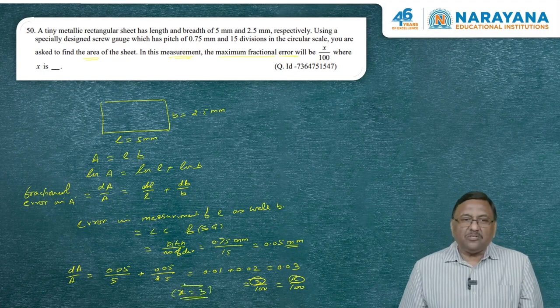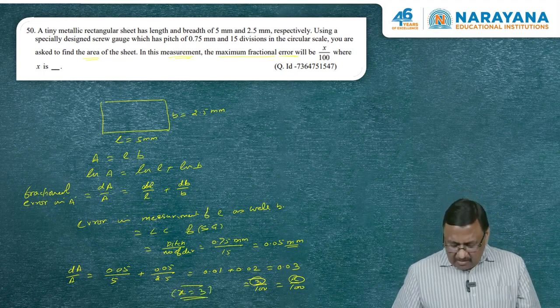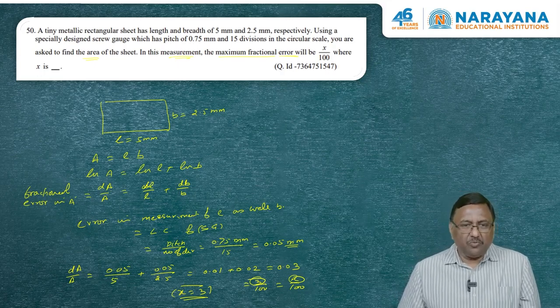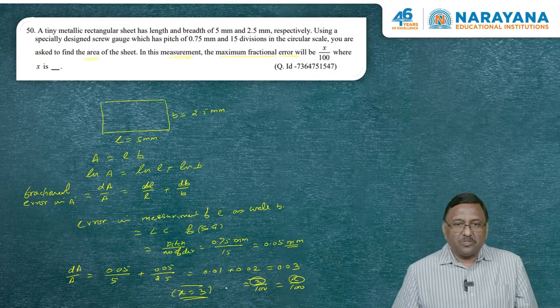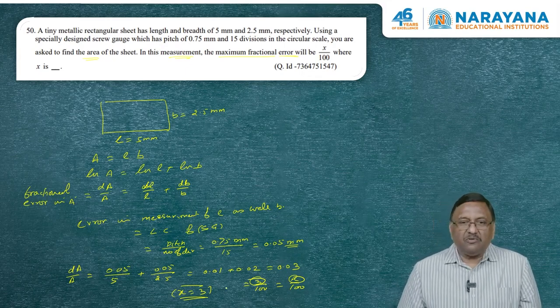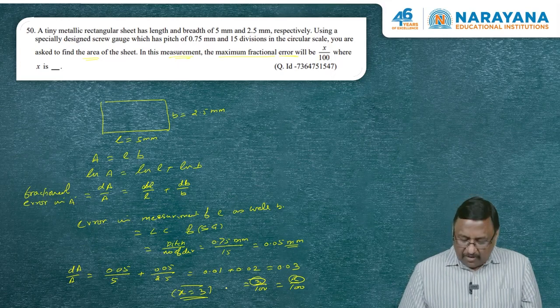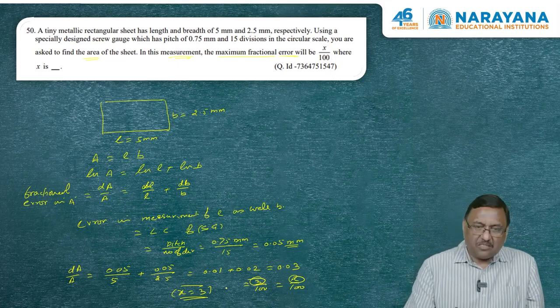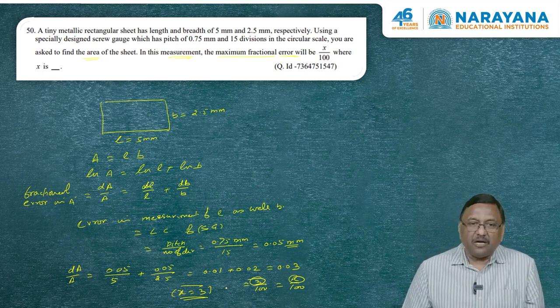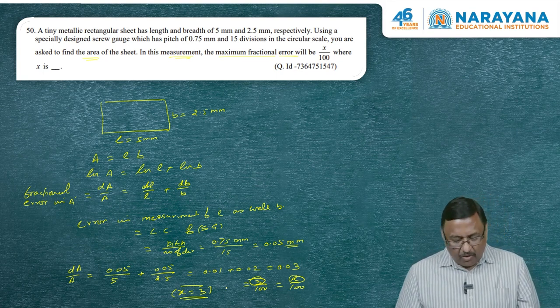So this is the complete solution of this paper. We can understand that the paper more or less is very easy, I will say, except for two questions. One question was based on electric potential, that was a good question, and there is a very good methodology that we used in finding out at what distance a charged particle is going to change its direction if B is a variable factor. Use these things. I hope you must have enjoyed